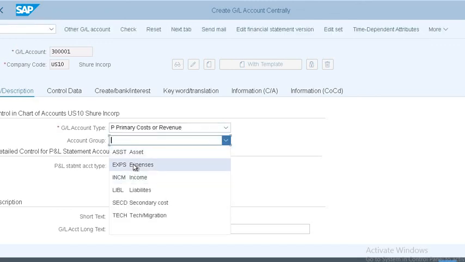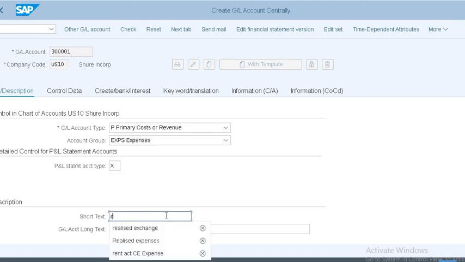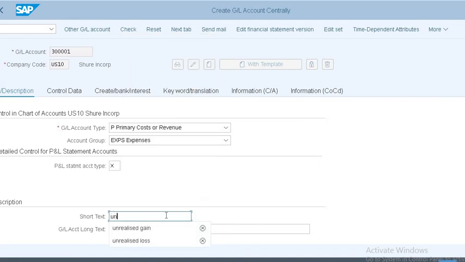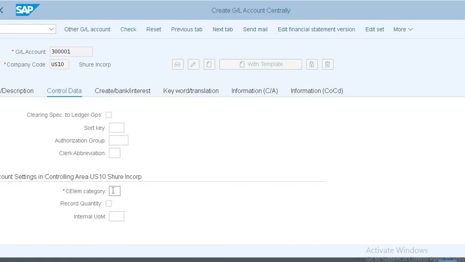This is an expense, unrealized loss. This is cost element 101.